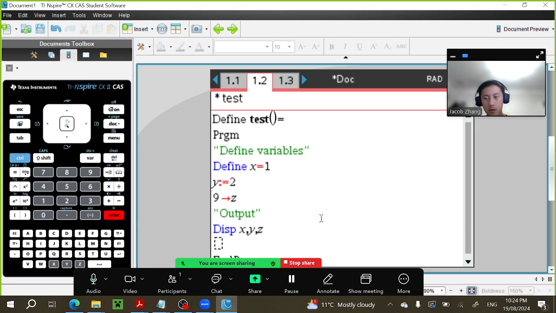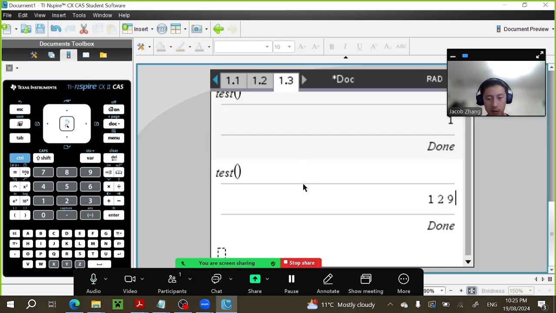Let us now talk about inputs. I did say input-output, so we may as well talk about inputs. There are 2 ways that we can get inputs. One of the ways is by giving our function an argument. Normally when you do your functions, you do stuff like f of x, and the assumption is that you want to put